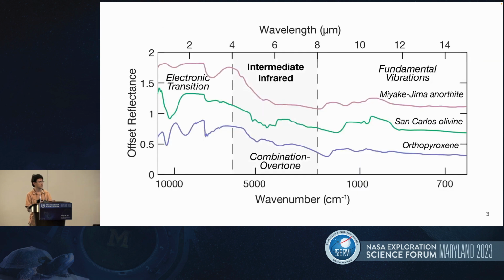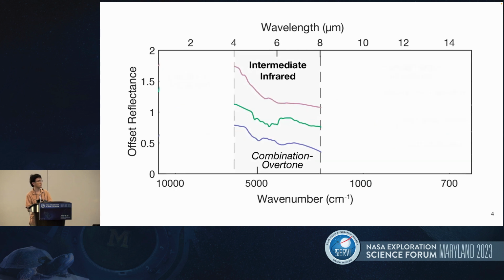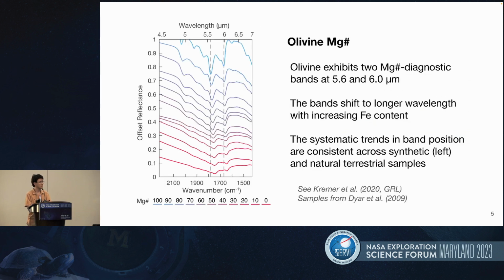And so for those of you who are familiar with infrared remote sensing, you probably typically think about this wavelength range over here, the visible near infrared, or this wavelength range, and then further out, the mid infrared and far infrared. Today, I'm going to talk about this wavelength range in between, which I've referred to in previous presentations as the crossover range, but henceforth I refer to as the intermediate infrared. So a couple of years ago,